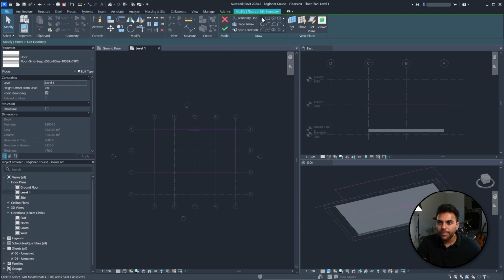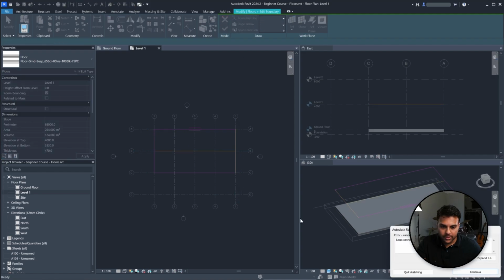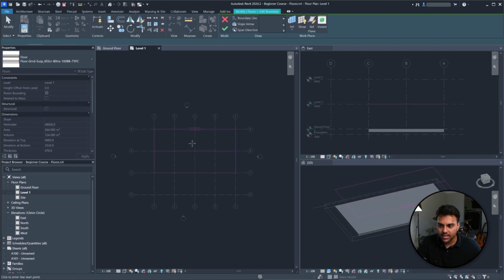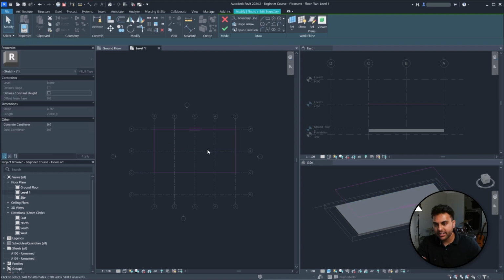And we can draw, let's see if this works, a line in between this and this. And hopefully what that'll do, okay, it'll say lines cannot intersect each other. Okay, the highlighted lines intersect. So that's not possible, right? Let's delete that. What we have to do is place a different floor in a different command,